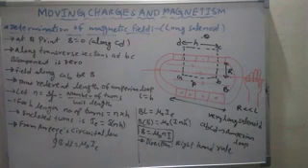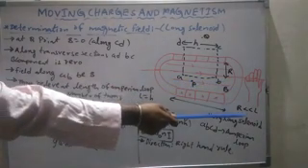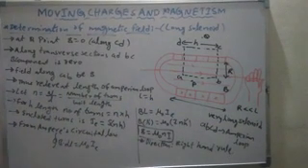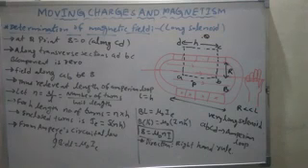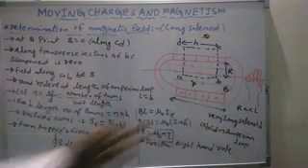Okay, students, in case of a long solenoid, that means infinite length of solenoid. What is meant by infinite length of solenoid? If the radius of the solenoid is very much less than the length of the solenoid, that is called a long solenoid or infinite length of solenoid. Radius of the solenoid is very much less than the length of the solenoid means length is more than radius. Then that is called infinite length of solenoid or a very long solenoid. In this case, the radius is very much less than the length.